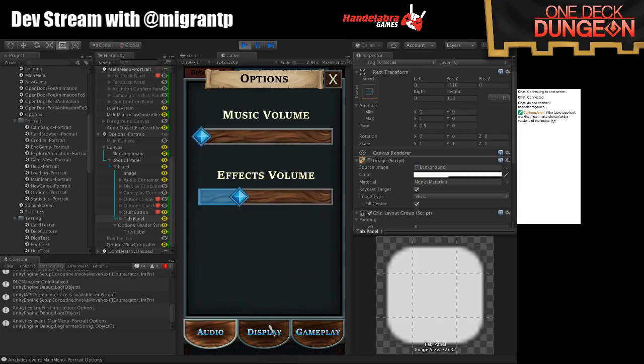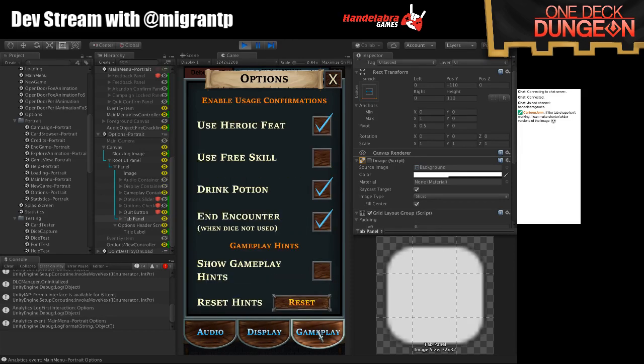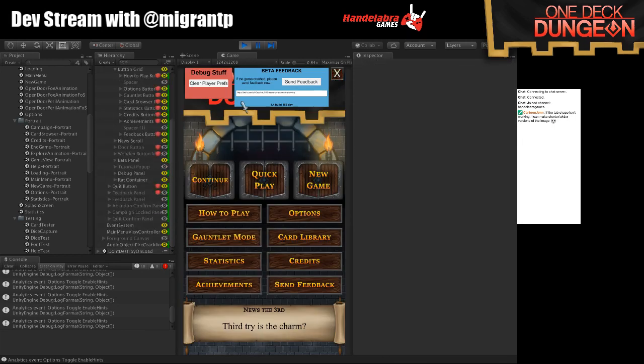We can switch between our tabs. We can increase the effects volume, make the fire crackle louder or less, make the music be playing or not. And so all these things are looking good. Reset the hints, that's all good. Okay. And then we also want to make sure that it is going to be showing properly in game,